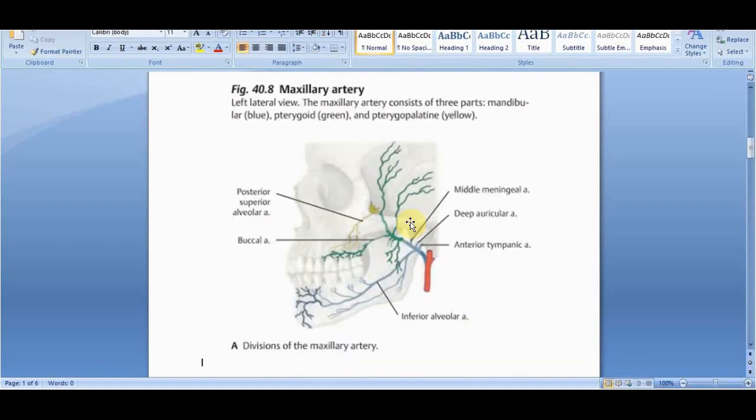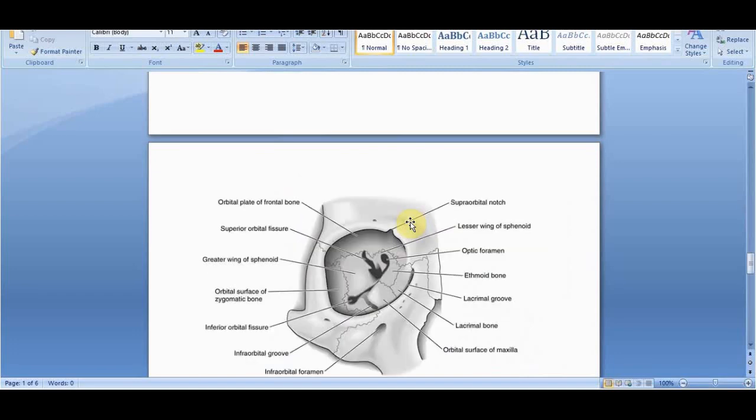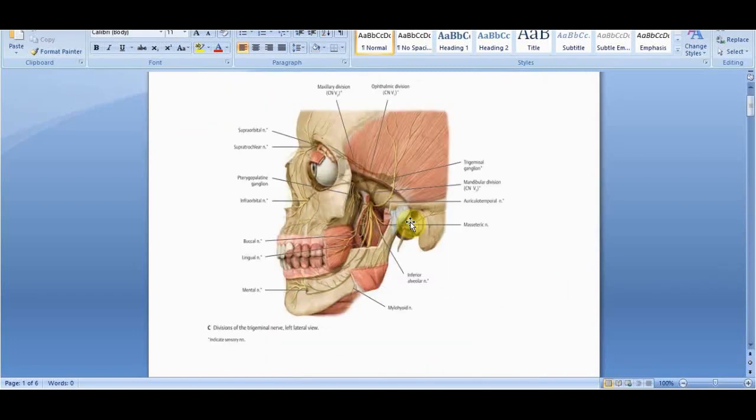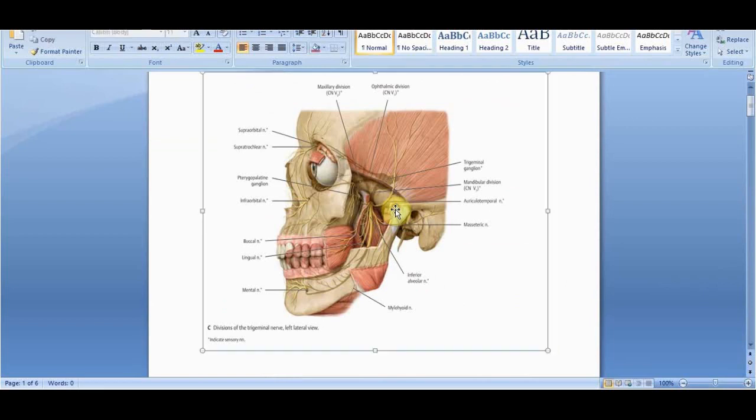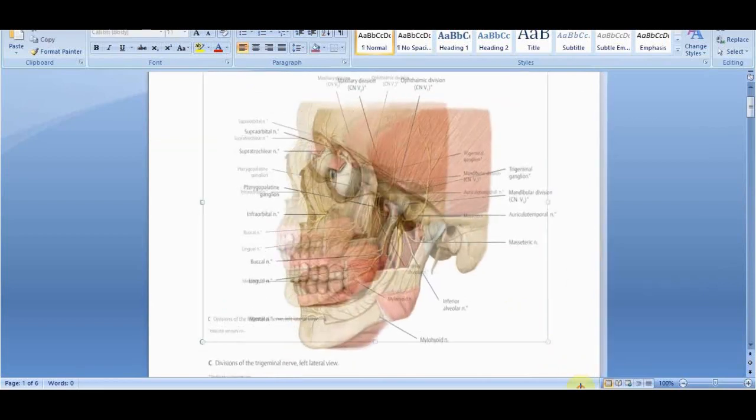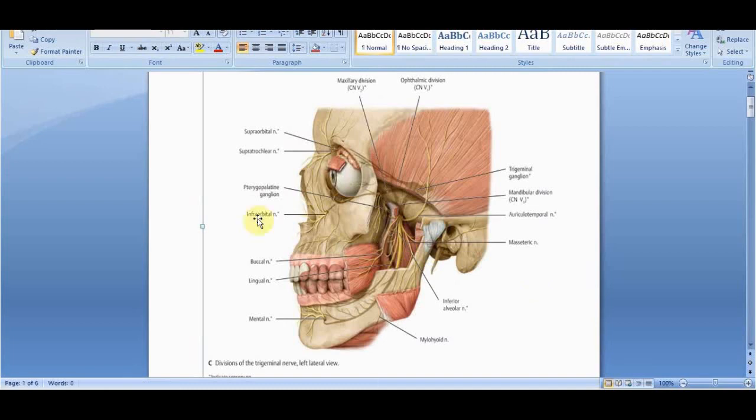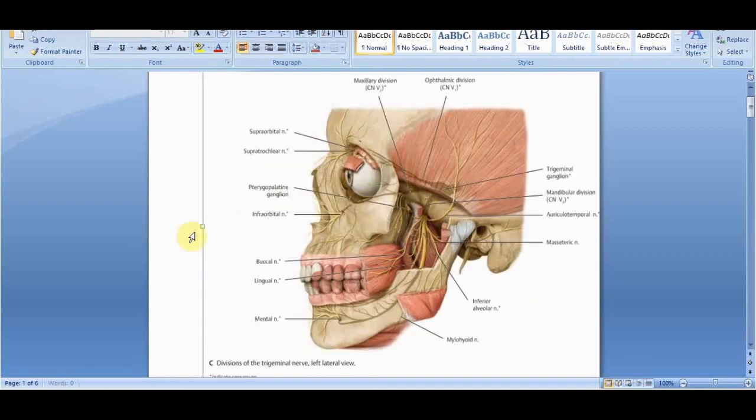Now let's talk about the maxillary nerve. We know the maxillary nerve arises from the trigeminal ganglia, right? It passes in the lateral wall of the cavernous sinus below the ophthalmic nerve, which is again a division of the trigeminal ganglia. Important thing, it leaves the middle cranial fossa by passing through the foramen rotundum, and